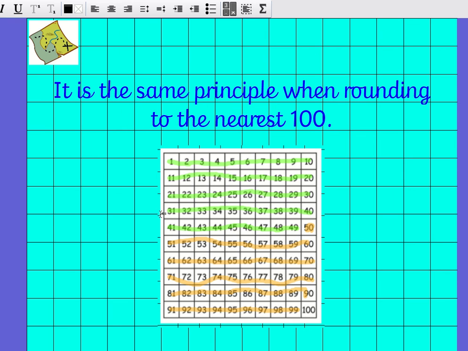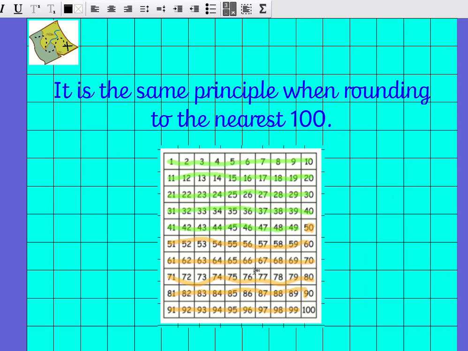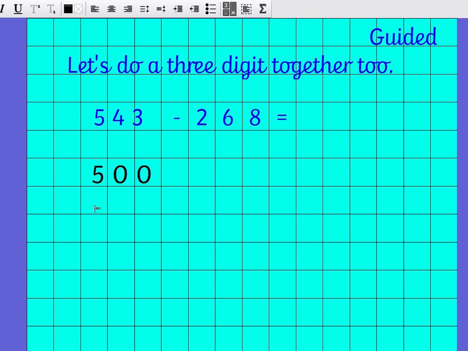So 543. If we look back at our 100 square, there is 43, and that's in the top part, so we know we need to round that down, don't we? So that will become 500. And then let's look at our second number, 268. So if we find 68, there it is. It's in the bottom half, so we know we need to round that up, don't we? So that will then become